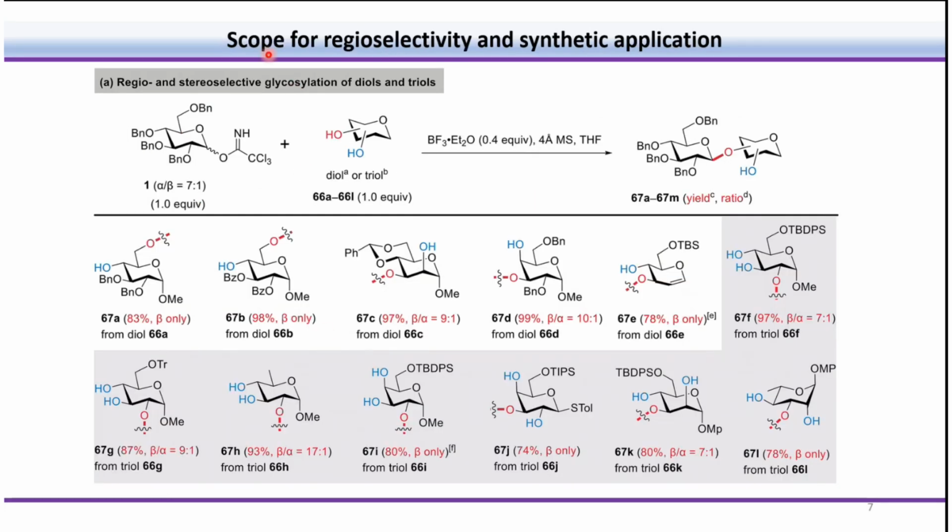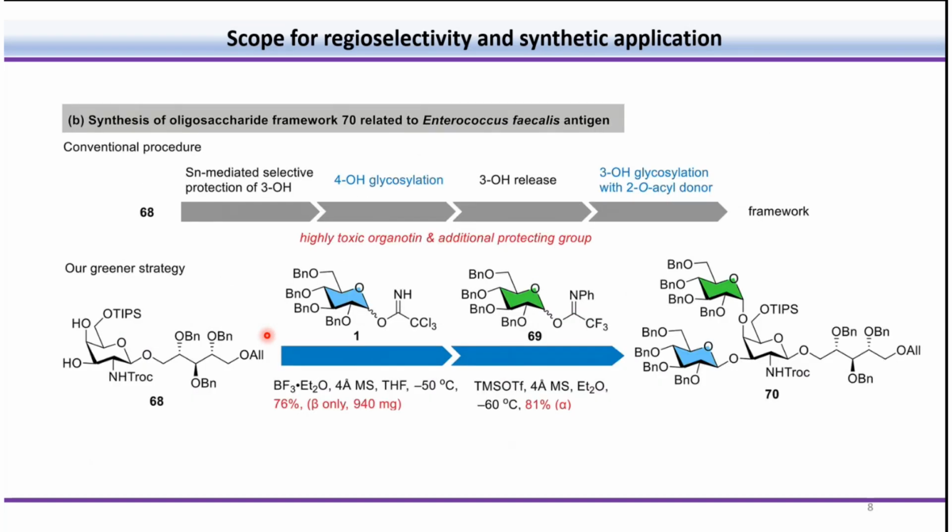Then the scope of regioselectivity and synthetic application of this reaction condition. In that case, they took it without protection of the hydroxyl groups. In one case, the primary hydroxyl is used as the acceptor, and in another case, C3 is the acceptor. So, with this scope of regioselectivity, they made a synthetic application to synthesize this